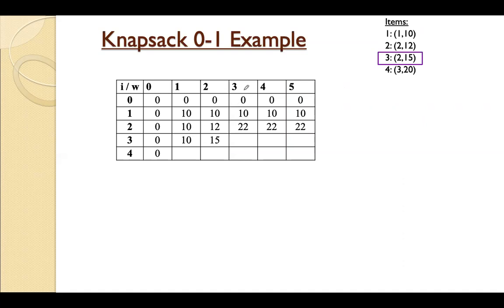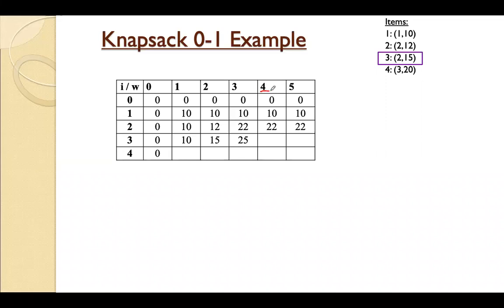Next, bag weight, the W value, is 3. W value is 3 means among these three items, I can take either 2, or 1, or 3, or 1 of total weight 3 kg. Whichever you take, I should get the maximum profit. If I take 1 and 2, you'll get 22. If I take 1 and 3, I will get 25. So I will take 1 and 3, its value will be 25.